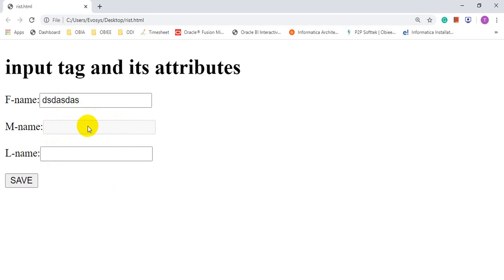When you go there, the cursor is not going to type or allow typing. Again, if you go to the last name, you can type. So this is the feature of the disabled attribute, or this is the restriction. It prohibits typing. So the disabled attribute is used to disable that text box. You are unable to type anything. Student, I hope you understood what the disabled attribute is.